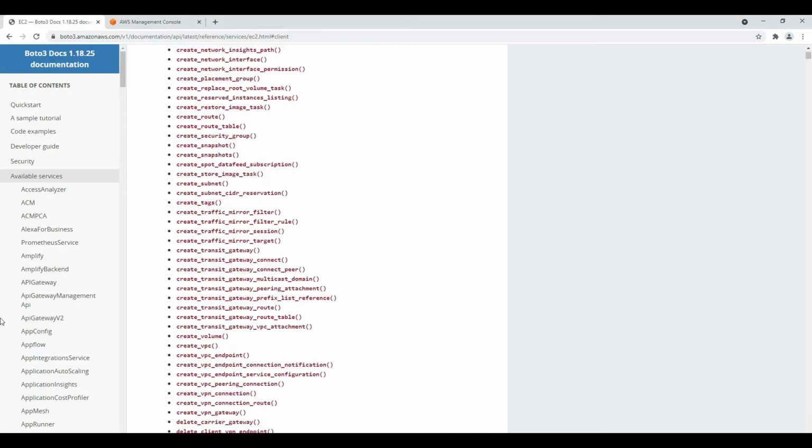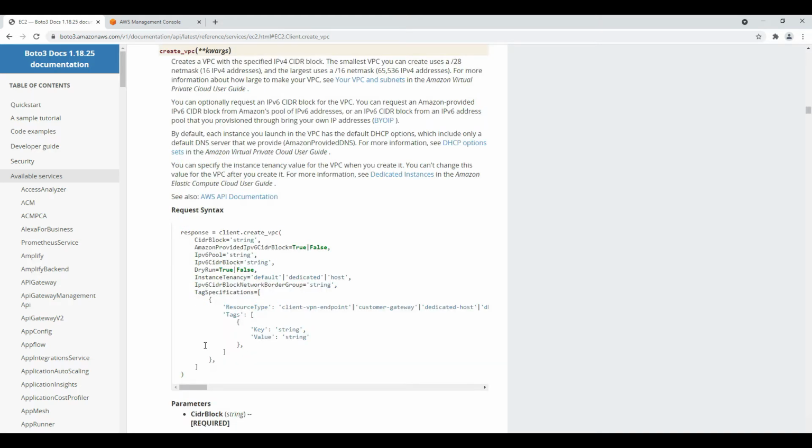Today I will try to create AWS services using Python dictionaries. The attributes that I will be using, I have taken from the AWS documentation page for boto3, and all this information is available in this documentation. So let's say, for example, I want to create a VPC. I can just click on create VPC, and I will copy this configuration over here